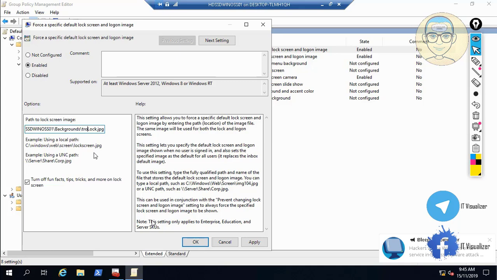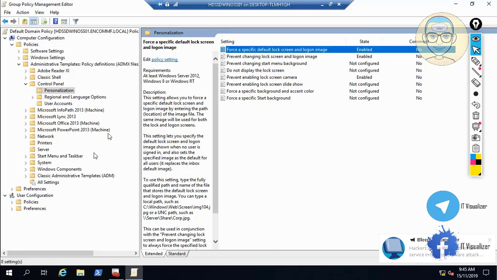So this is for the lock screen. As for the background and the screensaver, we will see it now. So this is the location of the lock screen, which is a folder that is shared and named